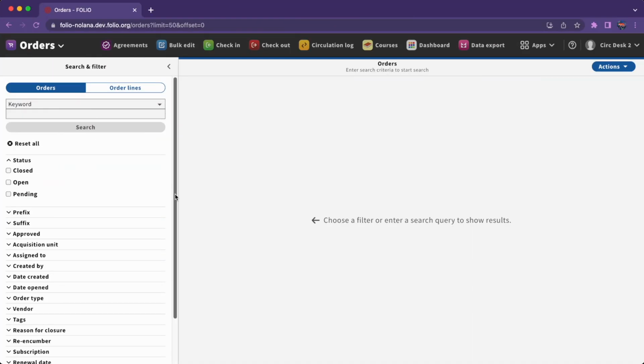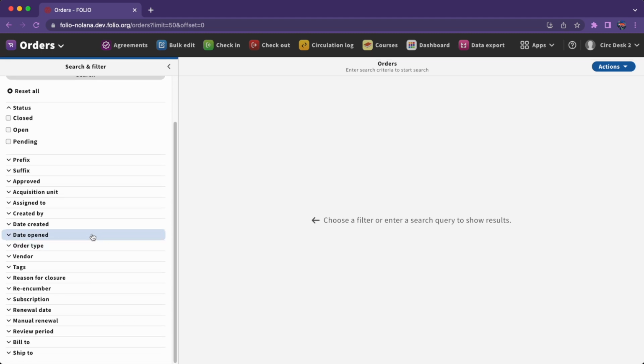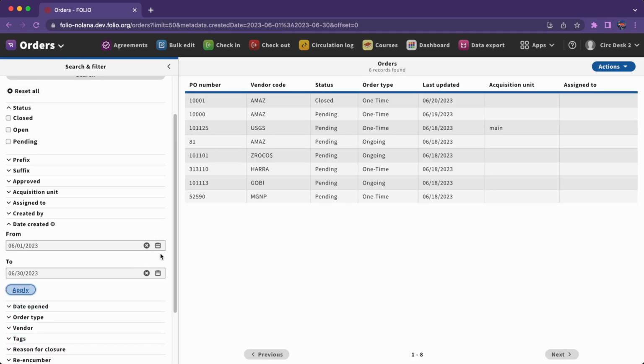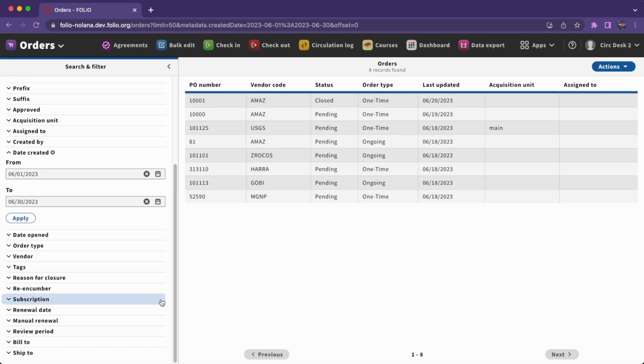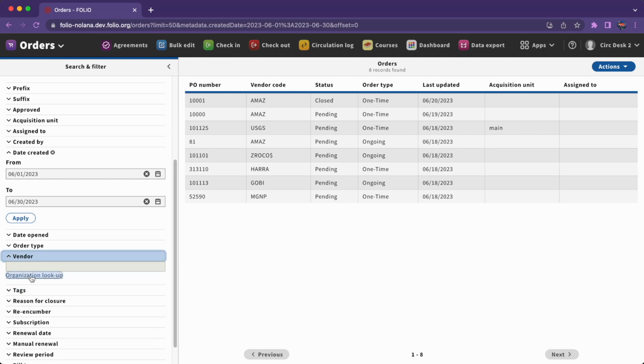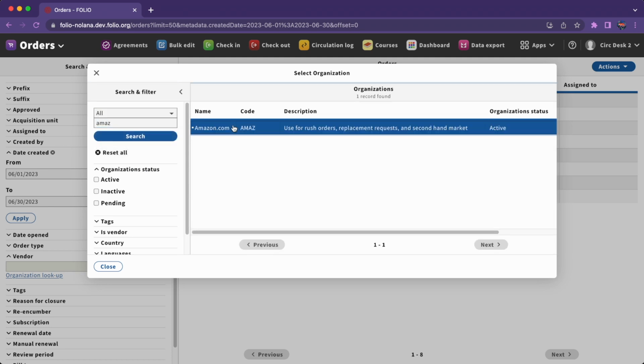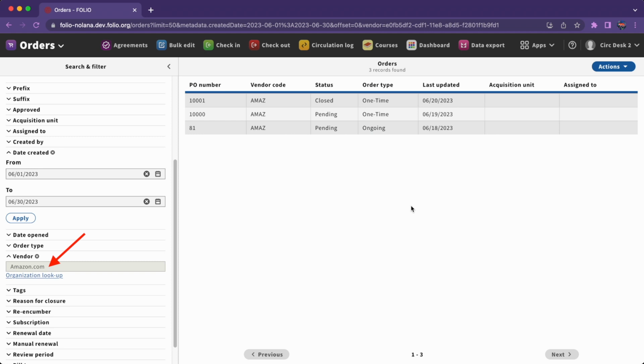Let's try an example. Let's search for all orders created in June 2023 for a particular vendor, Amazon. First, under Date Created, we'll select June 1st as the from date and June 30th as the to date. This brings up all orders created in June in the second pane. Next, under Vendor, we'll click Organization Lookup. This brings up a modal where we can search for our vendor. We'll type Amazon, hit Search, and then click on the correct vendor to populate our filter back in Orders and